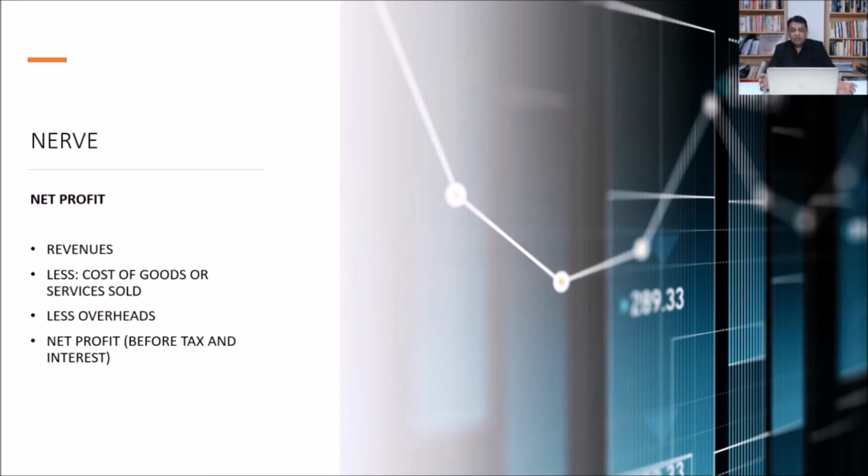Now, when we are talking about revenues, that's obviously what you sell and what you invoice and what you sell by cash or by card. So I'm just giving you a completely broad picture here. That's basically how revenues are constructed. Cost of goods sold, if you're a manufacturing organization, you would have stocks, you would have production, you would have work in progress, you would have purchases and all that directly related to generating those revenues.